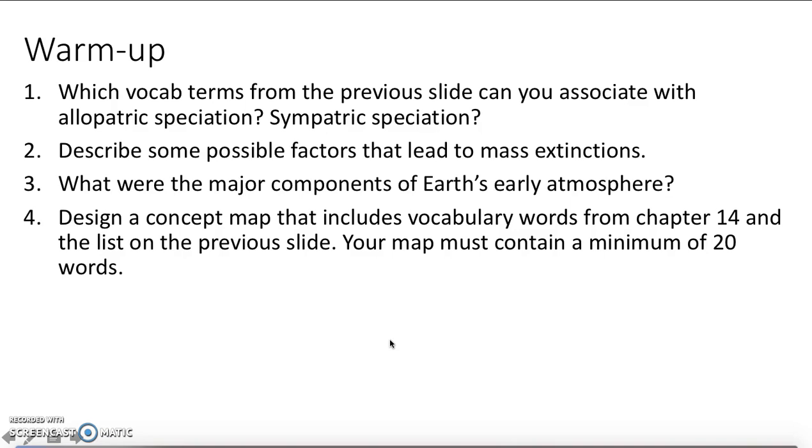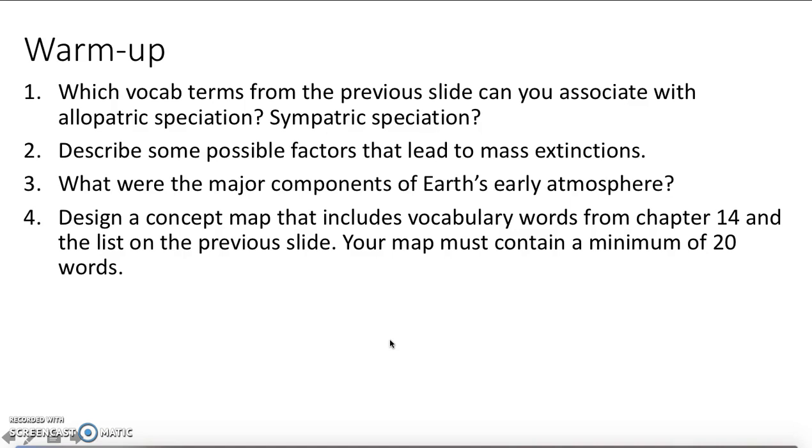Also here, number 3, the major components of Earth's early atmosphere. We'll see in the Stanley Miller and Harold Urey experiment that they didn't quite get the gases right, but we have been able to fix that and still make their experiment work